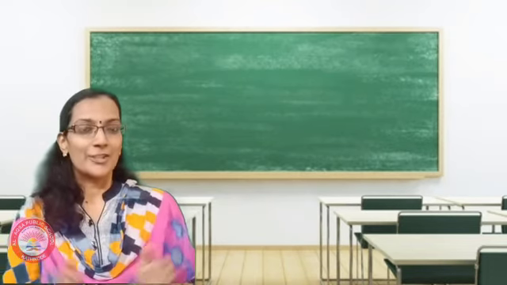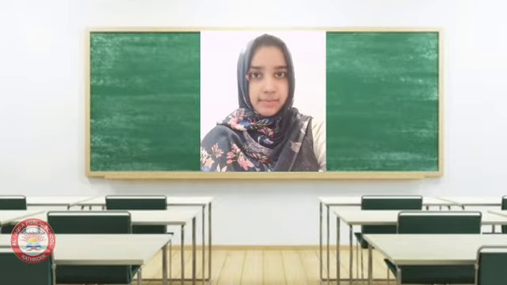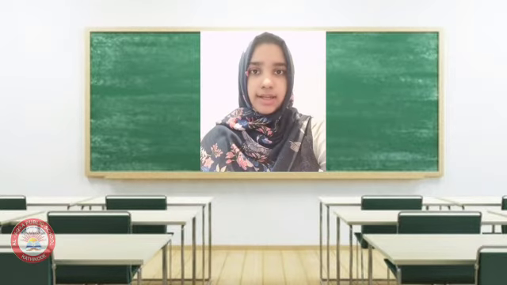Do you remember what was taken in the previous class? Can someone tell that? We studied about the different types of nutrition, that is autotrophic nutrition and heterotrophic nutrition. We saw how the process of photosynthesis takes place in plants using carbon dioxide and water with the help of chlorophyll in the presence of sunlight.